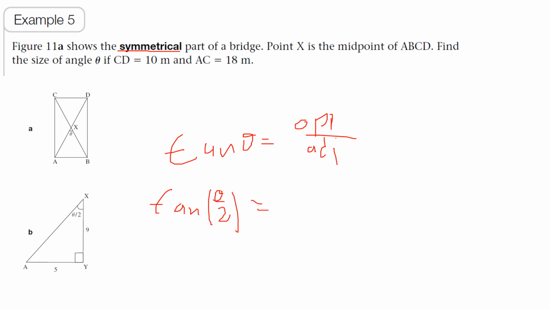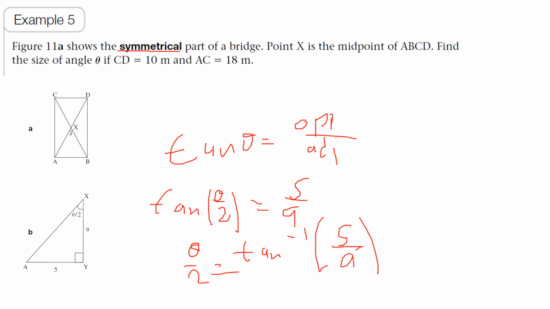And then the opposite to the angle is going to be 5, and the adjacent is going to be 9. So it's going to be 5 over 9. Theta over 2, we use the second function, because we want to get the angle here. It's going to be second function of 5 over 9. So theta over 2 is going to be equal to